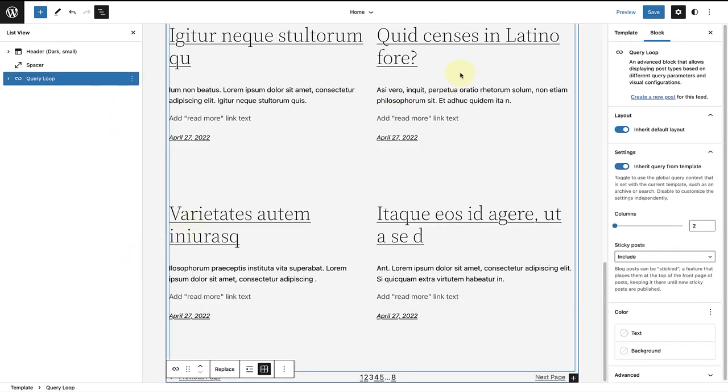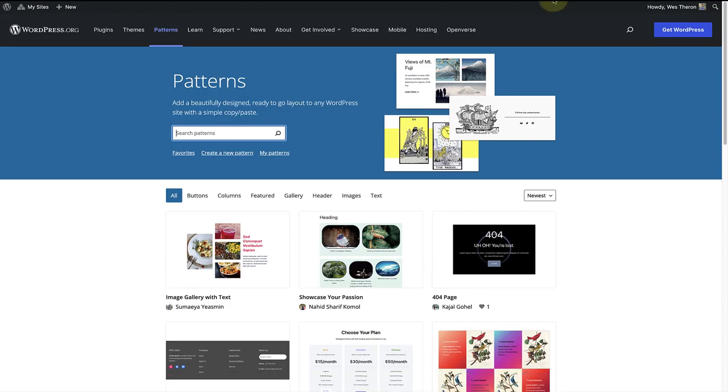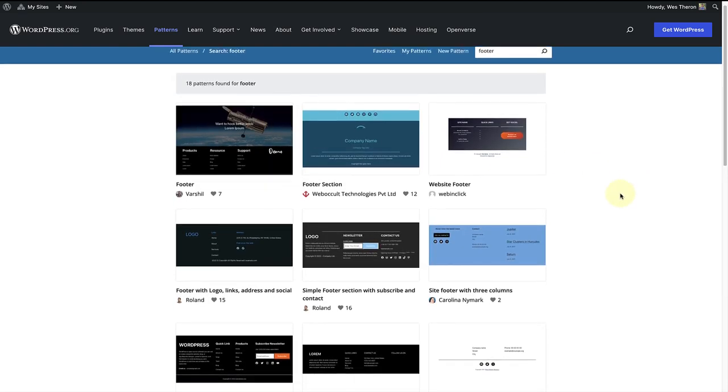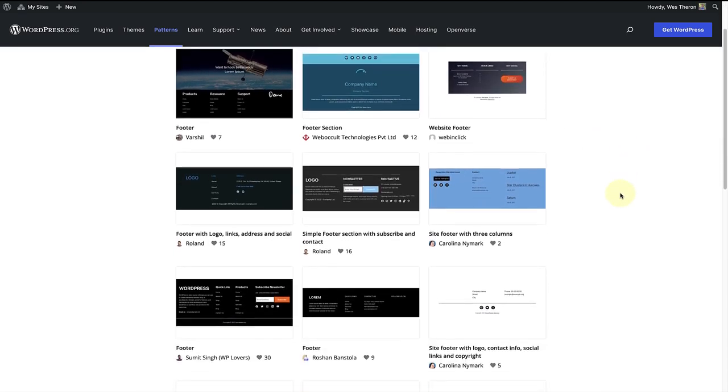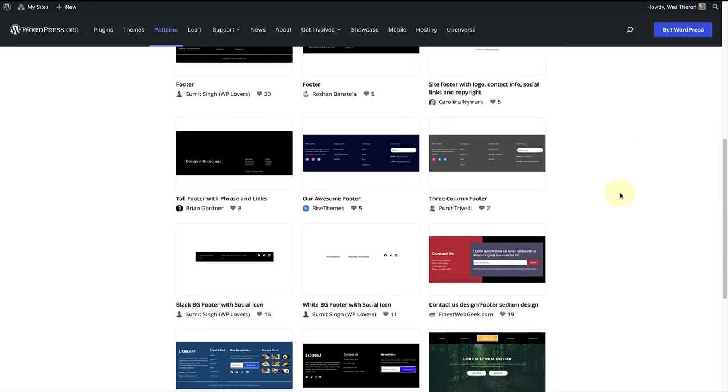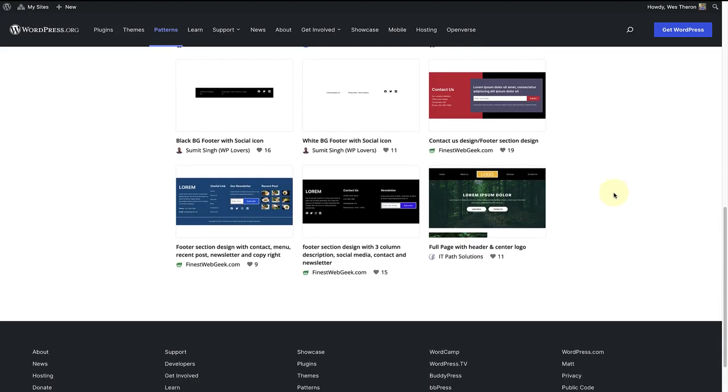Then I will make my way to the patterns directory at wordpress.org/patterns and search for a footer pattern. And here are a variety of footer patterns that are ready for the picking. So once you find the pattern you're looking for, you can merely click on copy,